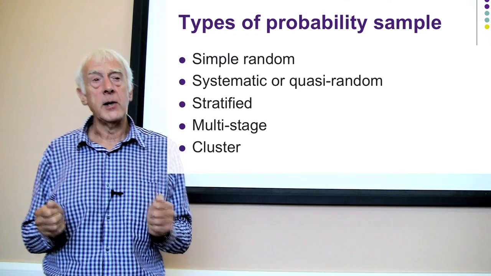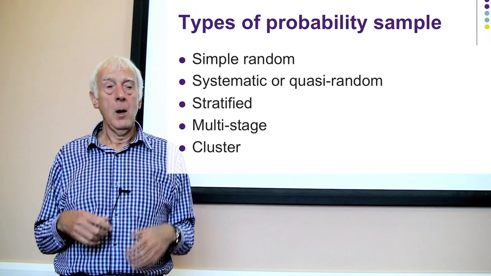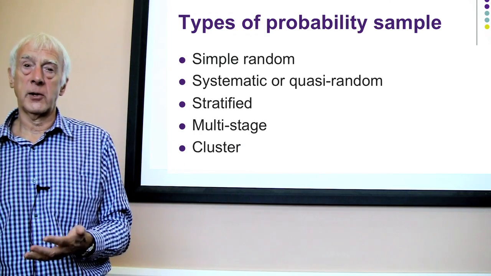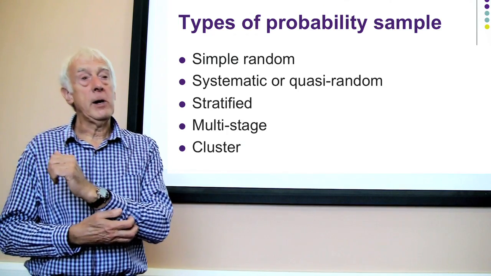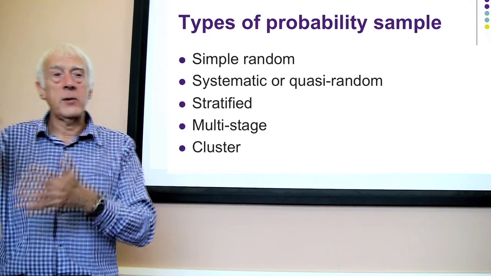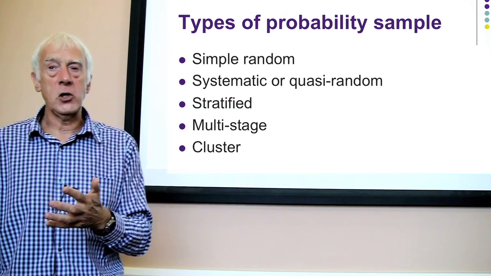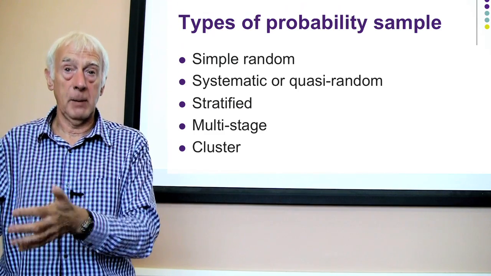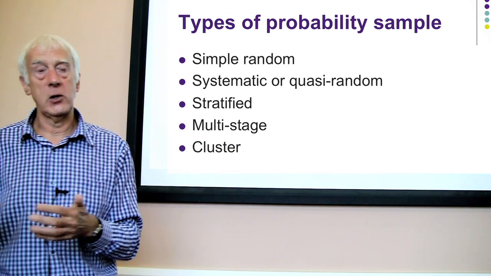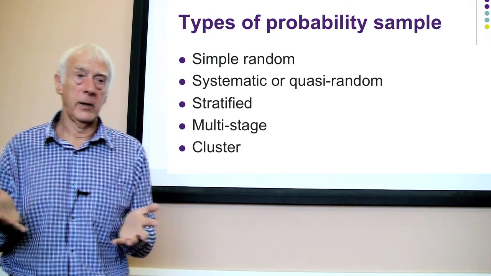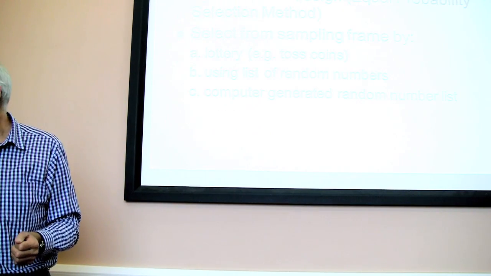And that probably is the most common way of taking samples, the systematic approach. We can improve the samples, we can reduce the sampling error using stratification, so that's the third approach. And we can then start to combine different kinds of stages. If we haven't got a sampling frame for the whole population, we might have sampling frames for subpopulations. So we can do a kind of mixed sampling approach called multistage. And then cluster sampling is a form of multistage sampling, which we'll talk about. Let me explain those in a bit more detail.